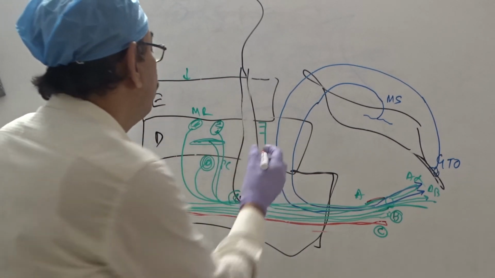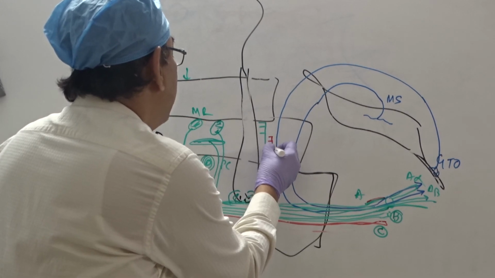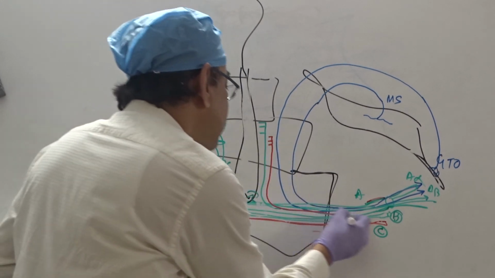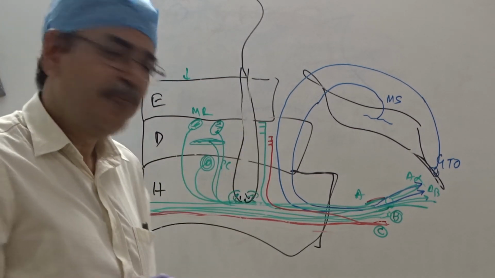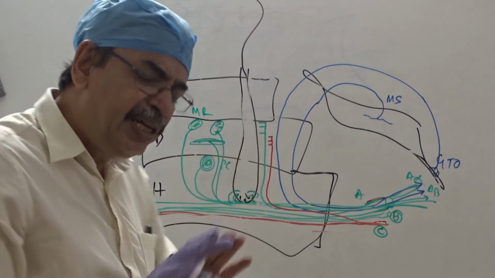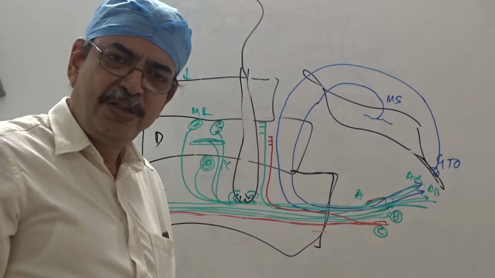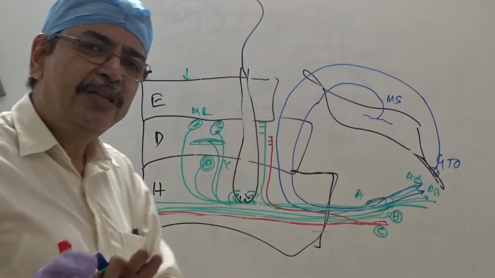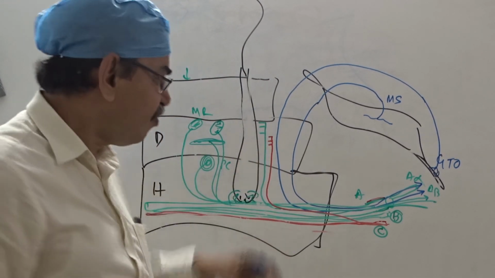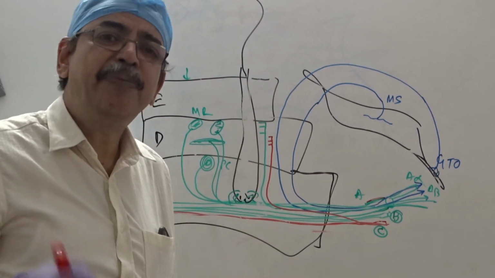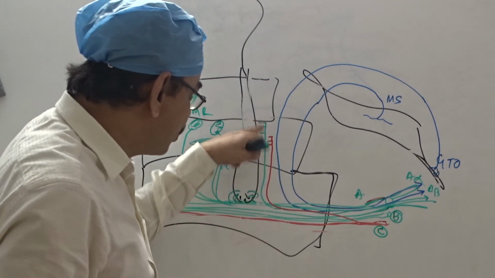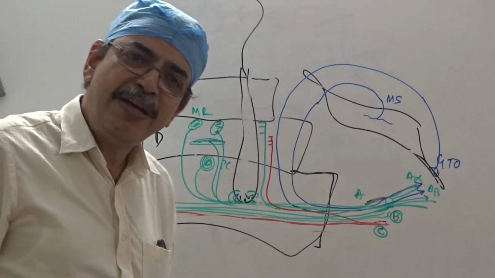There is another type of free nerve endings, that is also by the C nerve fibers, or unmyelinated. They are basically in the deeper structure. They carry the throbbing type of pain. These A delta fibers take the fast pain, like the pinprick pain, because they take the information very fast.